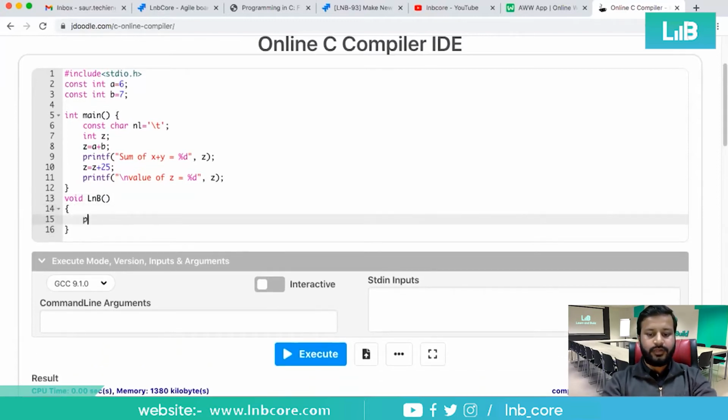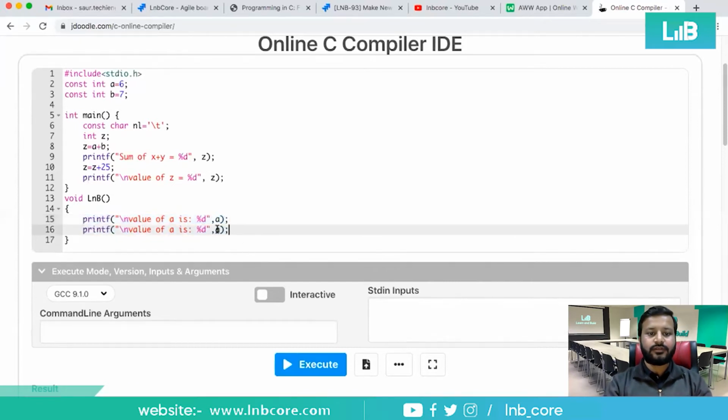I want to print something: printf within brackets, double quotes, \n so that it goes to the next line, and then the value of a is %d, comma a. So I printed the value of a and the value of b.